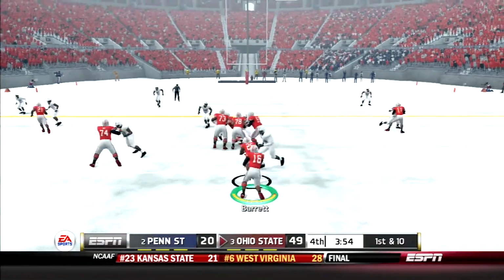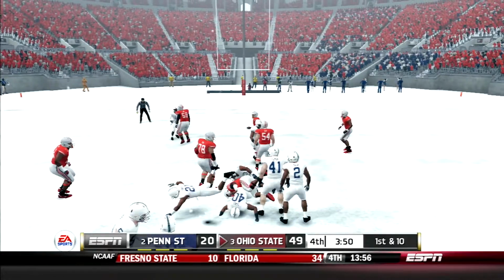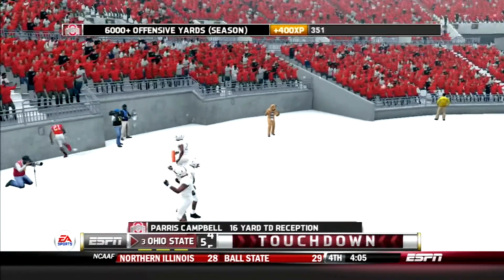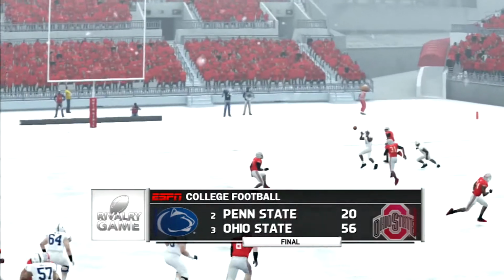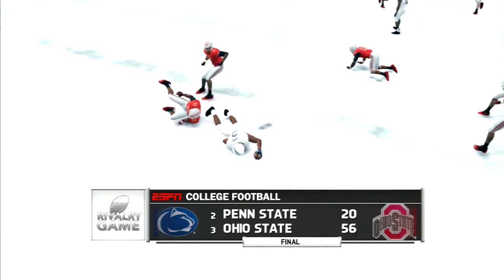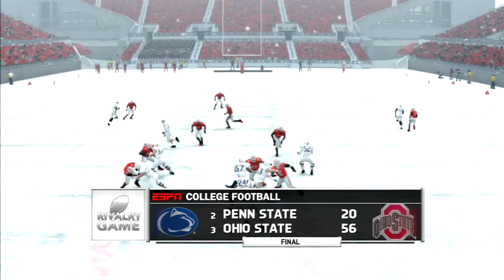Silver Bullets force another punt, and Barrett returns to the ground, this time for a gain of 10 yards. Then the dagger. J.T. drops back, hits Parris Campbell in the corner of the end zone from 16 yards out. Buckeyes roll impressively, 56-20. J.T. finished 21 of 29 for 284 yards and 2 touchdowns in his last game at the Shoe. Mike Weber had another big day, 27 carries, 188 yards,